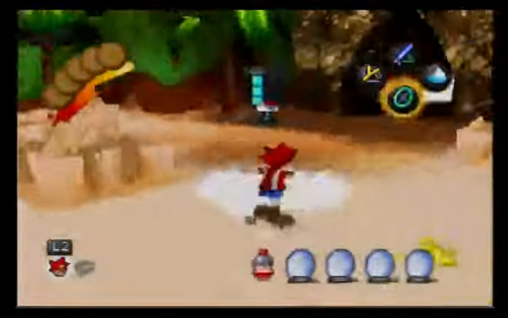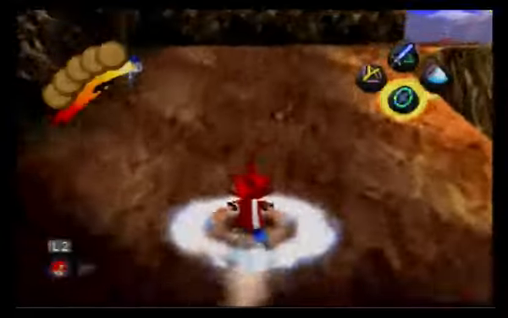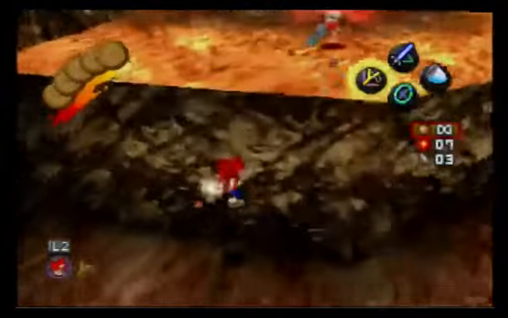Doesn't matter, just catch those guys. They're not that hard. And then once you get in this room, hold up on the D-pad to reduce flag. 2 IJs, and then...